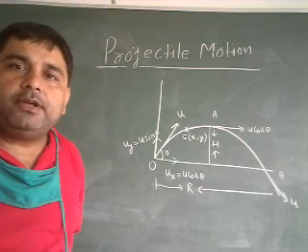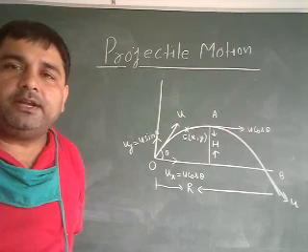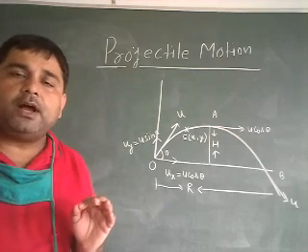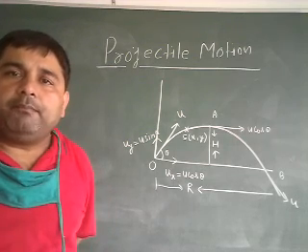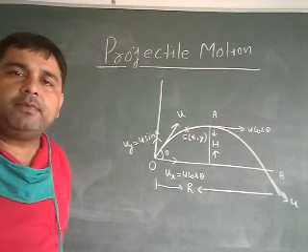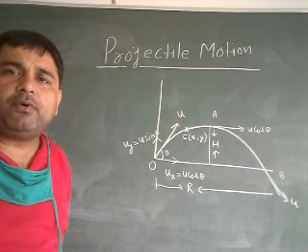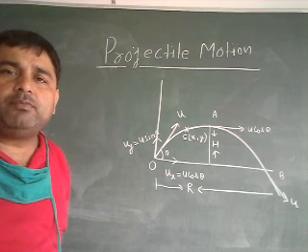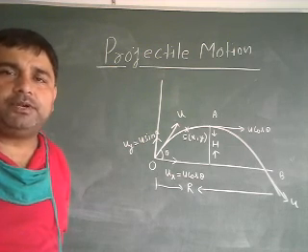As I told you in live classes, what is projectile motion? It is a two-dimensional motion in which, if we project our body with some initial velocity u, making an angle theta with the x-axis, it follows a curved path. It does not follow a straight line path. Such type of motion of the body is known as projectile motion.